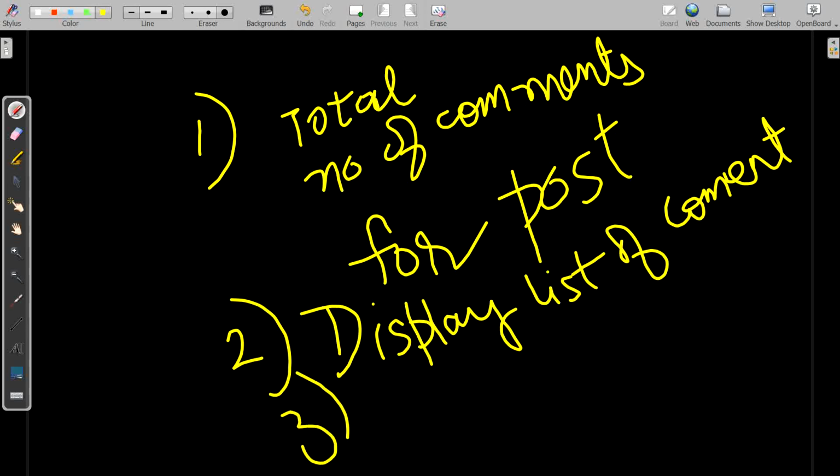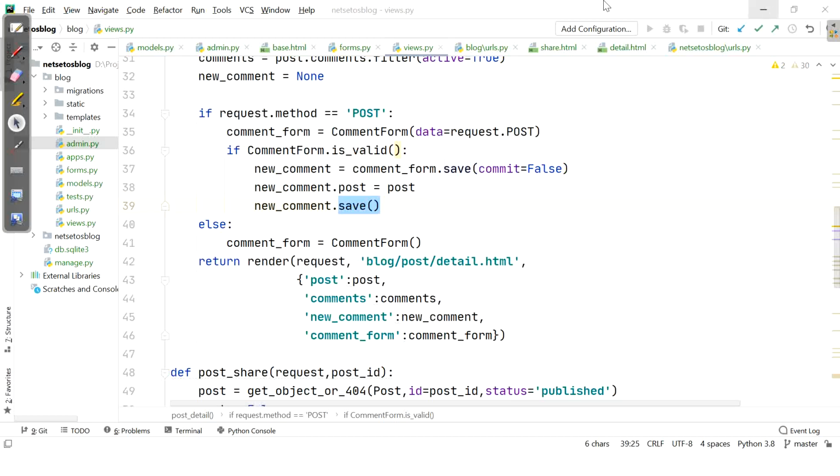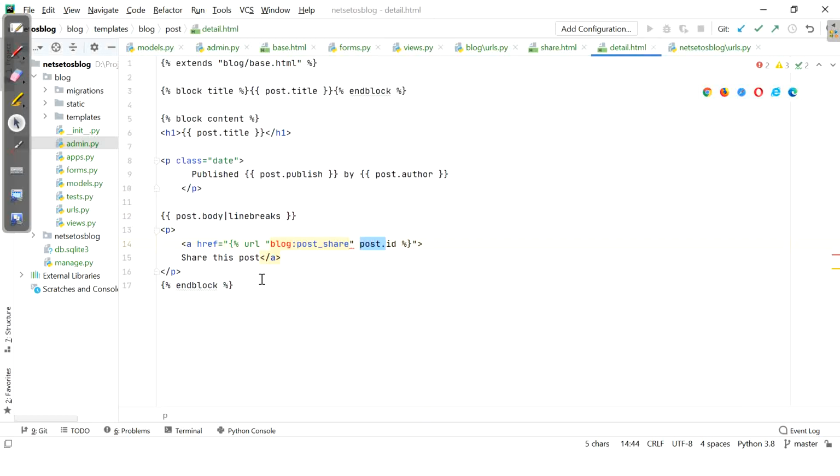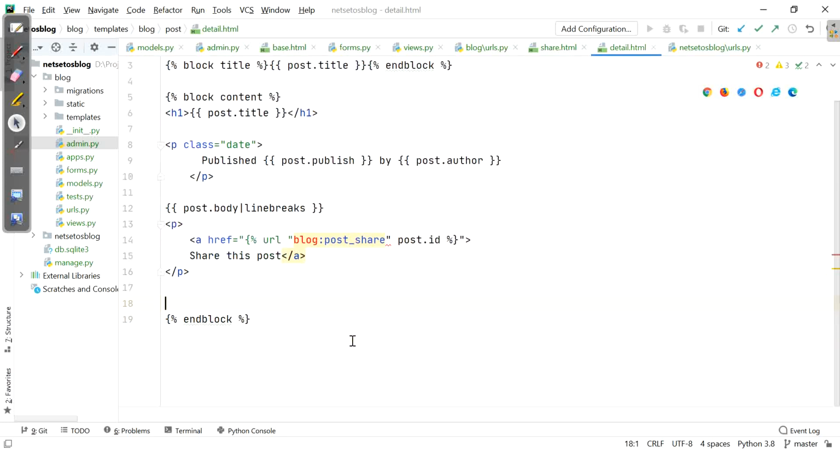And thirdly, we will display a form for users to add a new comment. So first, let's display the total number of comments for a post. I will go to detail.html, and inside the content block, I will add a few lines.